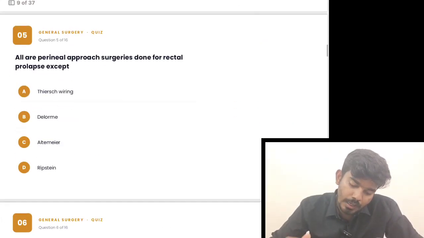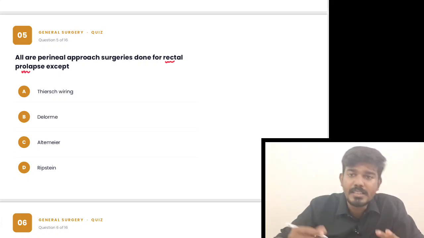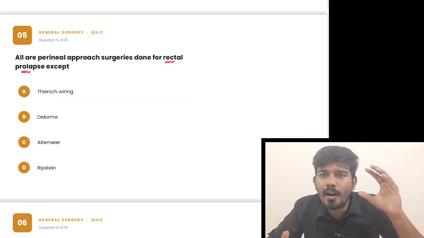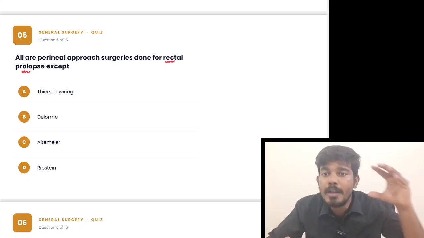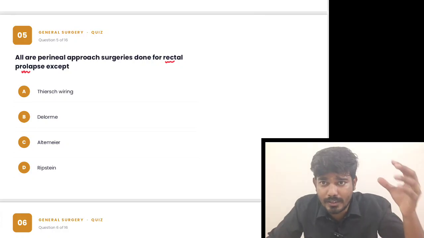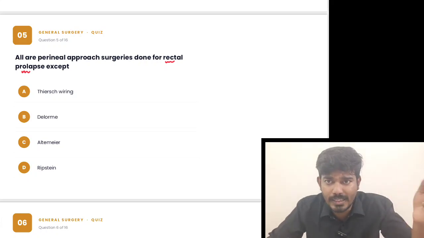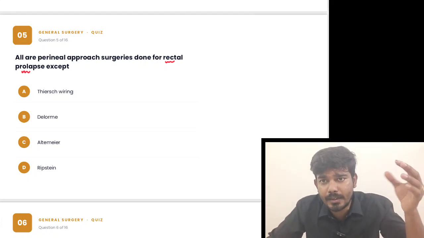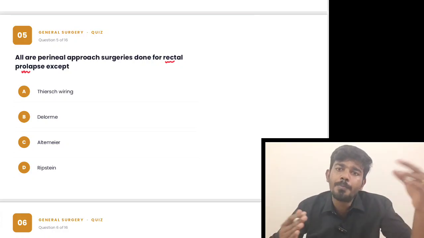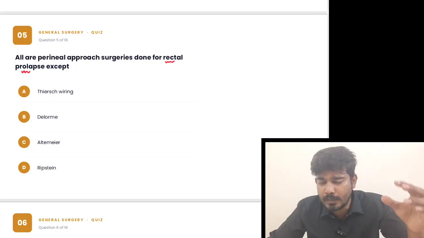Then, all are perineal approach surgeries for a rectal prolapse. In rectal prolapse there are two types. One is mucosal prolapse only, a partial prolapse, where only the mucosa prolapses. Next is a complete prolapse, where the entire rectum is prolapsing down. This partial prolapse is more common in children, whereas total rectal prolapse is more common in adults. So if a child comes with a partial prolapse and they ask a question, what is